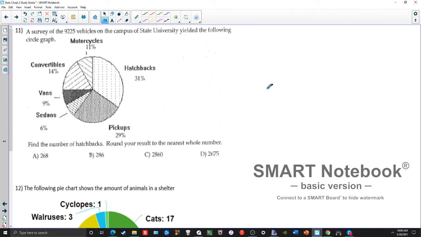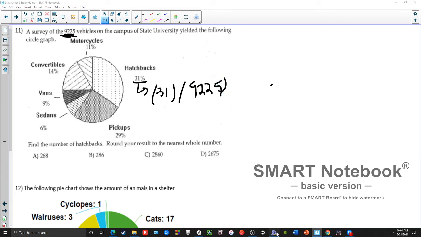So pie charts. Pie charts are really good at percentages. So we have 9,225 vehicles surveyed. How many hatchbacks are there? So 31% of these were hatchbacks. So 31% as a decimal, going from last chapter, is 0.31. And you times that by the total number of vehicles surveyed,